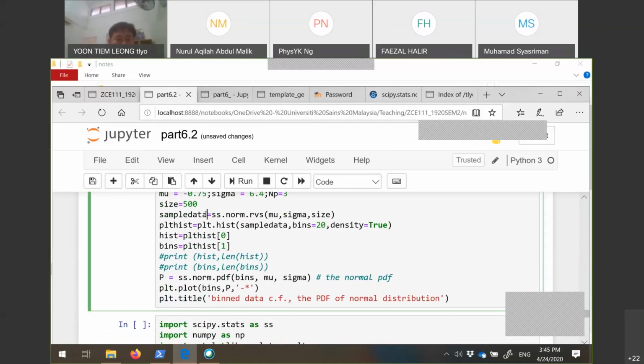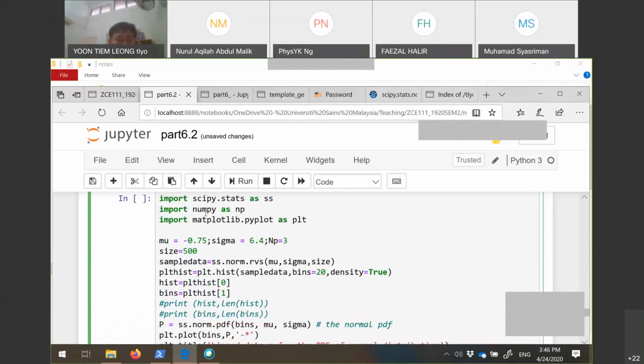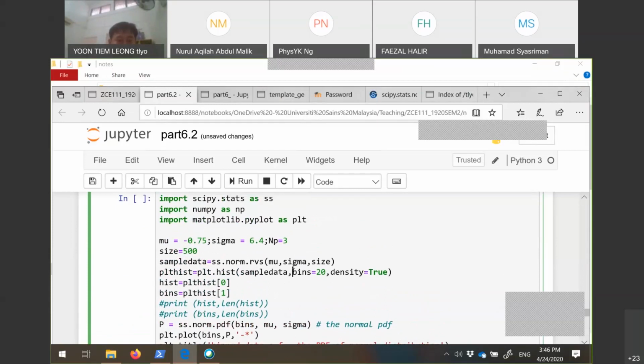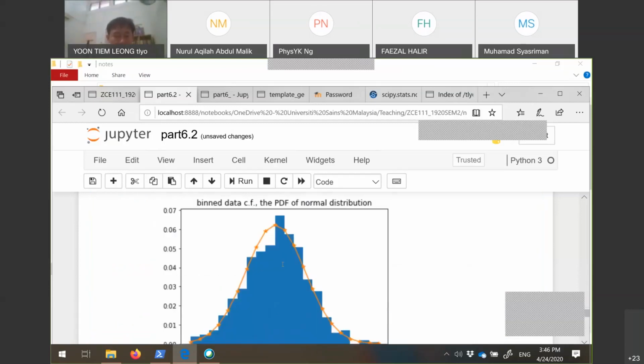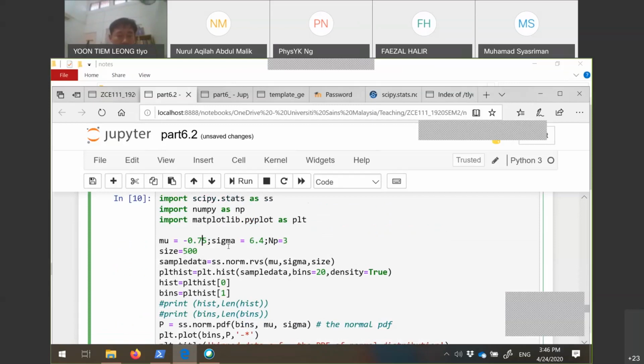So this is a sample data set that is generated. So what we do here in the lecture is that in the previous case, we use this part of code to generate a data, right? To generate a set of data that has this distribution. So here we generate the data based on